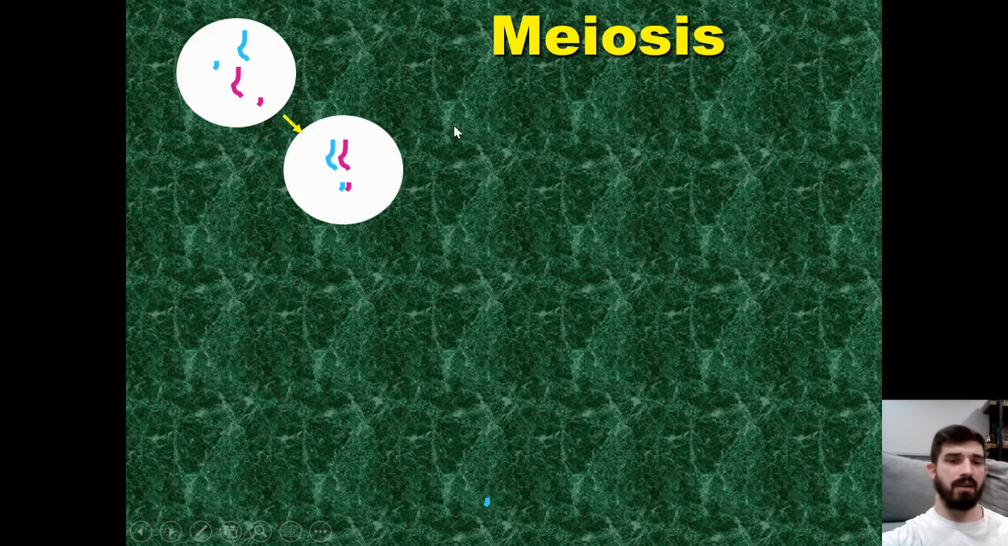So the DNA is going to duplicate itself during interphase, just like with mitosis. And you'll notice here that at this point, what we would do with mitosis is we would split these chromosomes in half. One new cell would get a blue, and the other new cell would get a blue, and then one would also get a purple, and the other one would also get a purple, so that they both have identical new cells. But in meiosis, we're going to